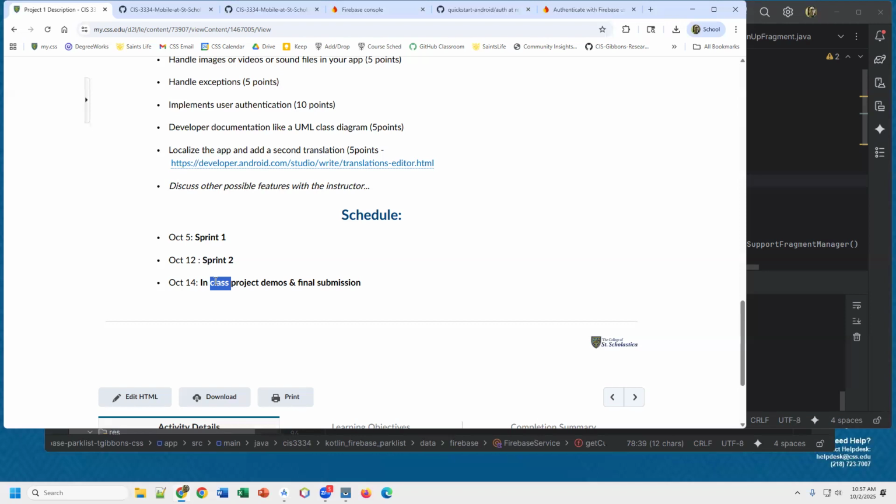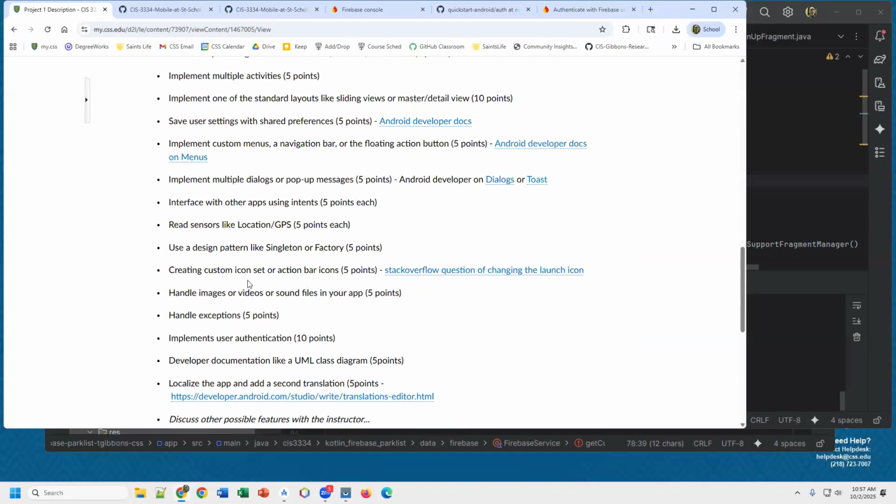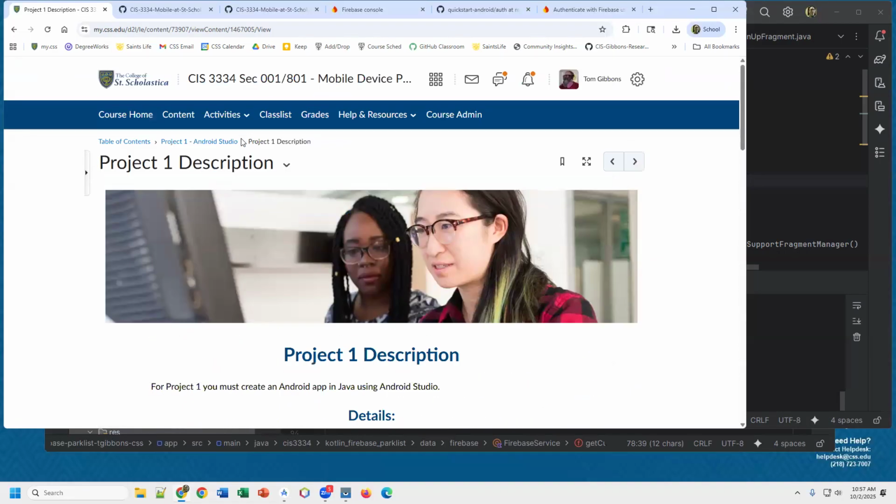There are 5 points assigned to sharing your project. And again, with the online students, we will want you to record a video just walking through this. So, okay, let's talk about